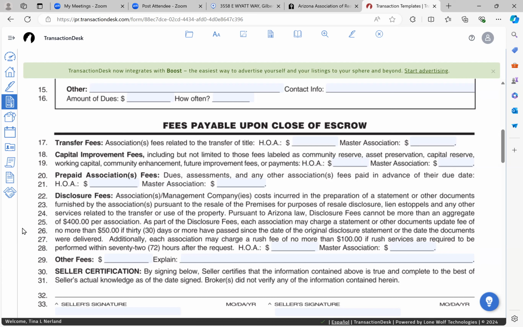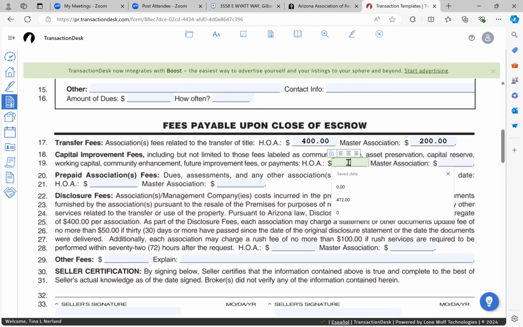Transfer fee, association fees related to the transfer of the title. Does the HOA have a transfer fee? Most of them have a transfer fee, not all of them. So just put in the amounts. I'm just putting in random amounts. Capital improvement fees, including but not limited to those fees labeled as community reserve, asset protection, capital reserve, working capital, community enhancement, future improvement fees, or payments. So is there a capital improvement fee? Say 200,